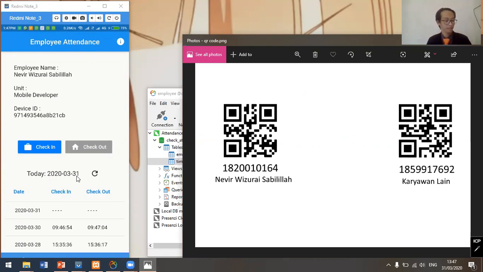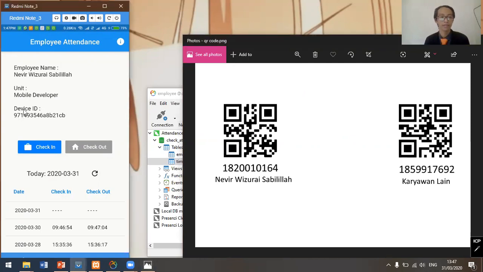And here, this application records my device ID, which is shown here as this random code. And this device ID is stored in this database.